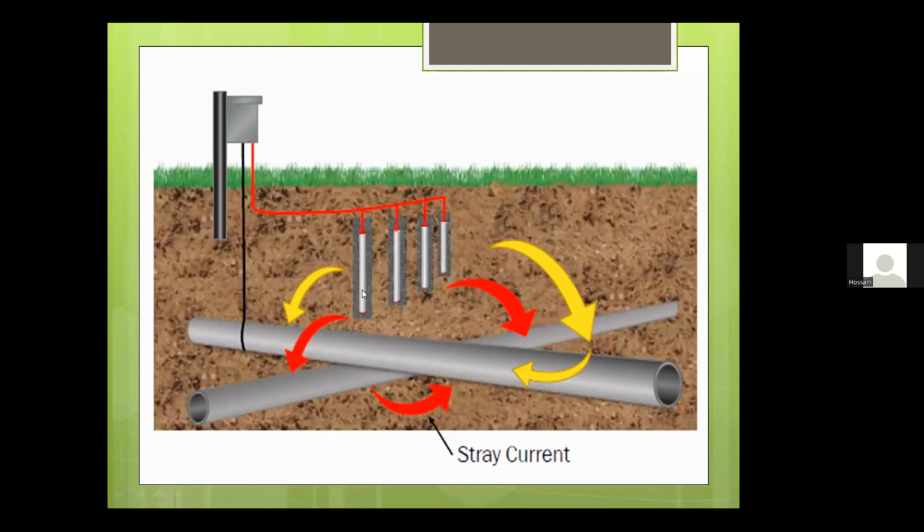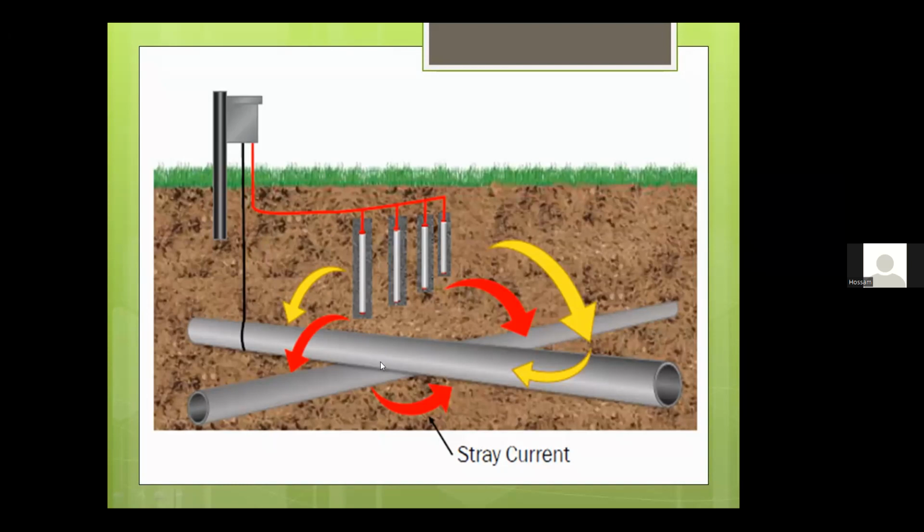The current is intended to be picked up by the yellow lines. This yellow current is the cathodic protection current to this pipeline, but the stray current will be picked up by the other or foreign structure here,